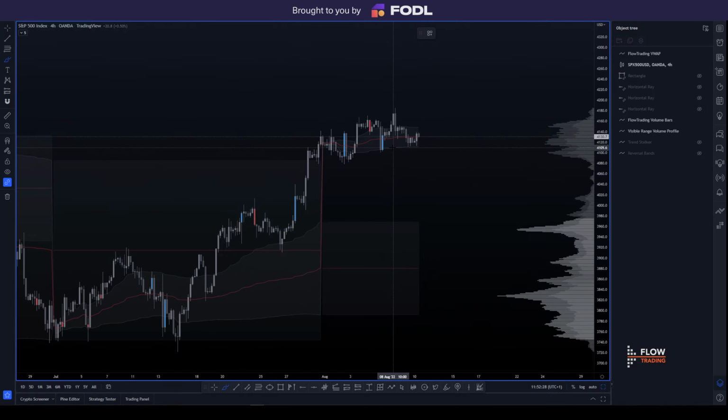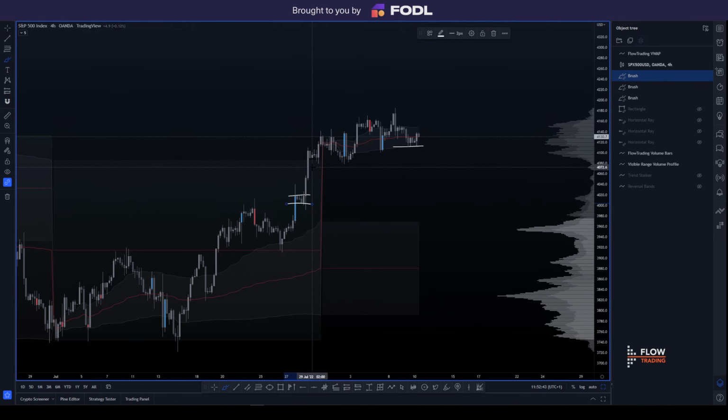Of course, if we lose this level here, then the last line of defense is around about, like I said, 4,000 points, and that's basically this little consolidation here. We've got a little order block there, a little FTR if you like, around about 4,000 points, and that means we would retrace pretty much this whole larger liquid move here, and we could potentially bounce here. Now, because this is low volume, it's very likely that we'll travel very quickly through there. So in today's volatility, I wouldn't be surprised to see a wick as low as this,